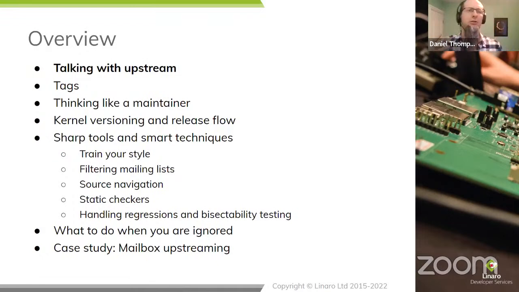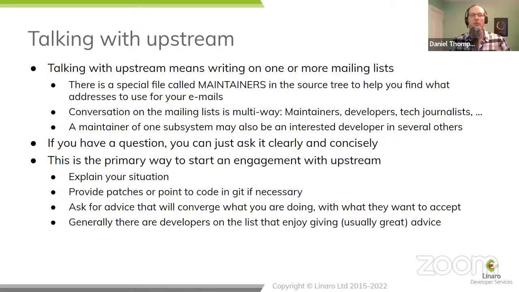So today's topics are slightly more mixed up than last week. It gives us lots of different things to talk about, whereas last week we were mostly focusing on that continuous stream from starting to write a patch to getting out of the door. The first thing we talk about is how to talk with Upstream. Predominantly, the main and most important activity we take part in when we're trying to talk to the Upstream is send emails to one or more mailing lists, based on the maintainers file in the source tree that lets you find out who you should talk to.